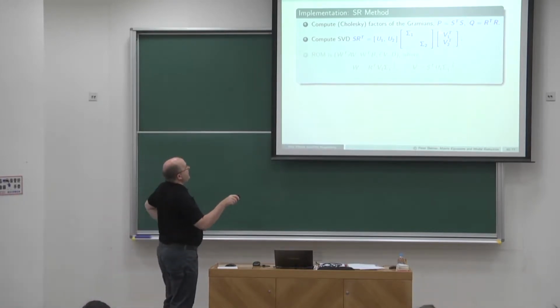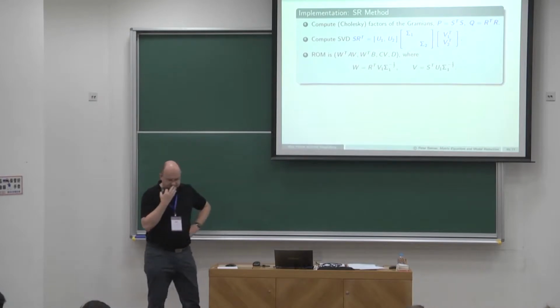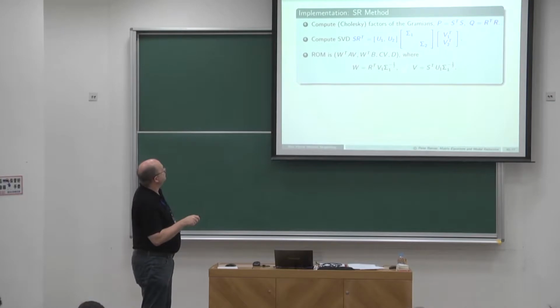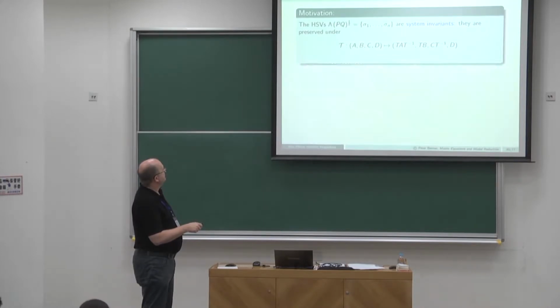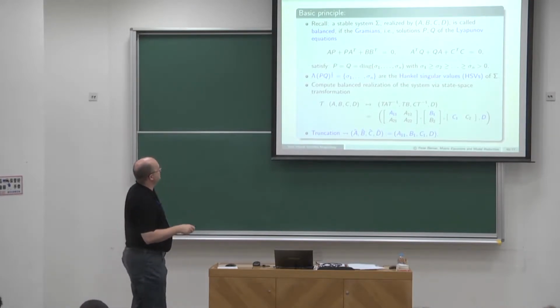So anyway, if you have S and R, you can compute this SVD, and then you just define W and V so that, let's just go back, you exactly only compute A11, B1, C1. So in that setting,